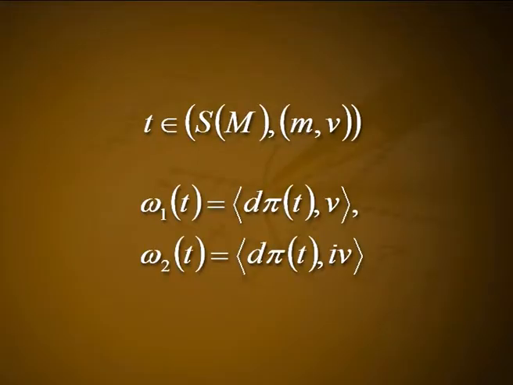Structural equations and curvature. Definition. Consider the circle bundle S of M of a smooth oriented Riemannian 2-manifold M. Two smooth one-forms omega 1 and omega 2 are defined on S of M as follows. For t an element of S_m, with m, v, omega 1 of t is equal to the scalar product of d pi t, v, and omega 2 of t is equal to the scalar product of d pi t, iv,